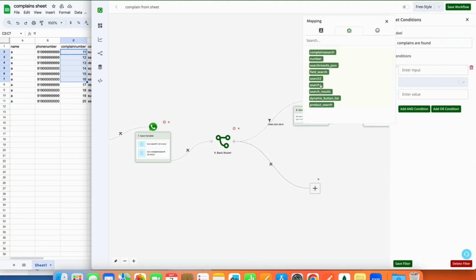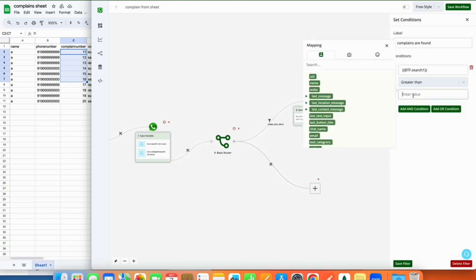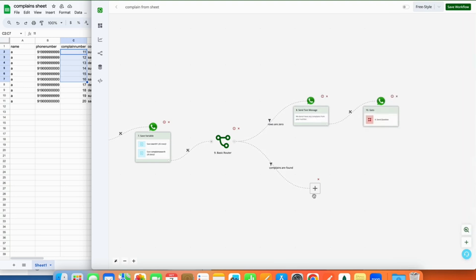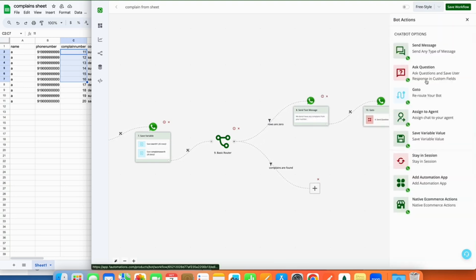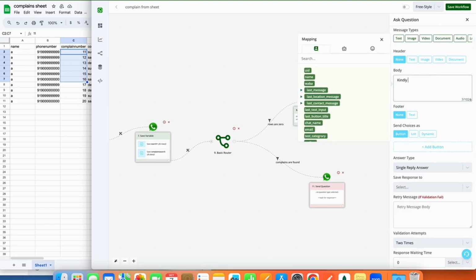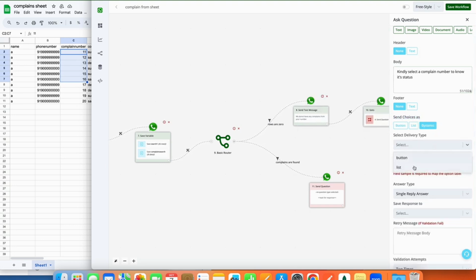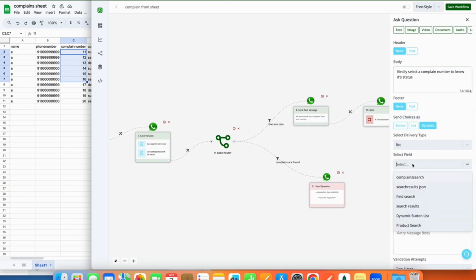Here the search 1 variable would be greater than 0, 1 or anything, and then here we'll use the option of ask a question block and interactive message, kindly select its status, and here we'll select the button type as dynamic, delivery type as button or list, select the bot